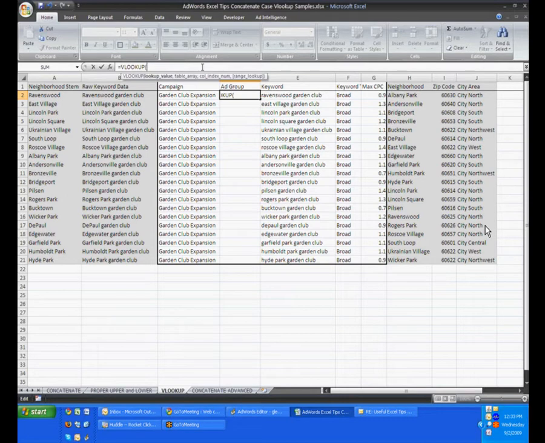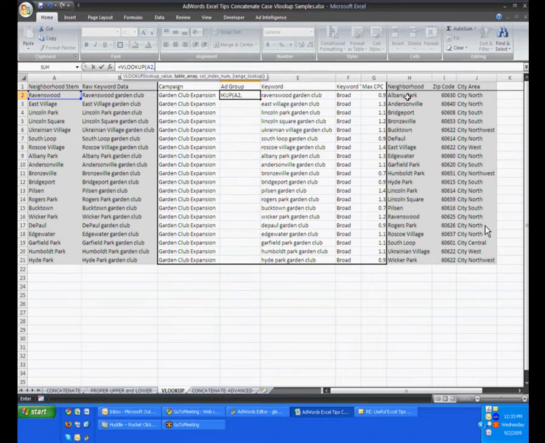Is that something that you're seeing, Glenn? Are you seeing that little help pop up with VLOOKUP, and it says lookup value? Yes. Table array? Okay. So the lookup value, what I want to look up, the base value, is the word Ravenswood, which is in cell A2. So I'm going to click on Ravenswood, and then it says to give it the table array that you want to look up in, which is